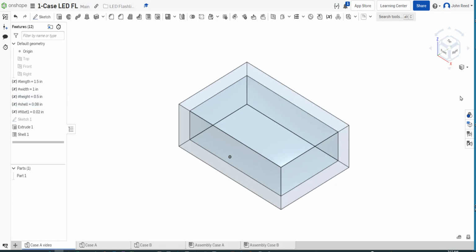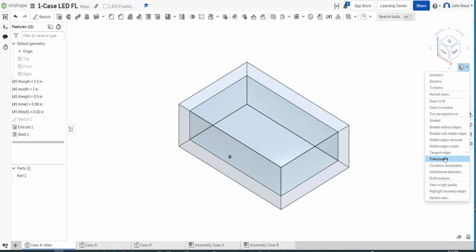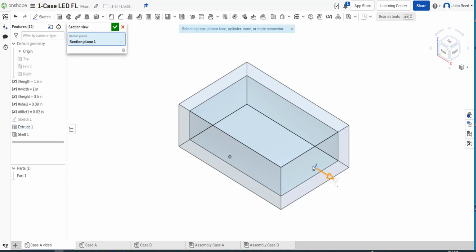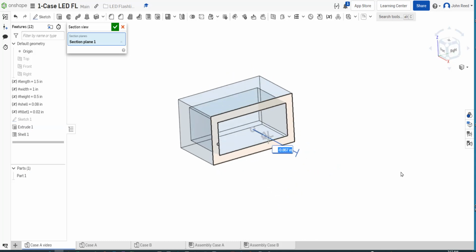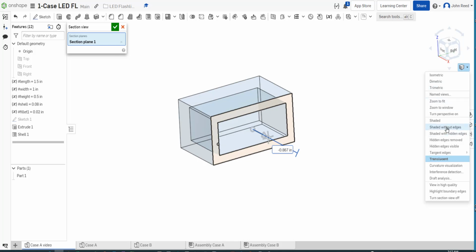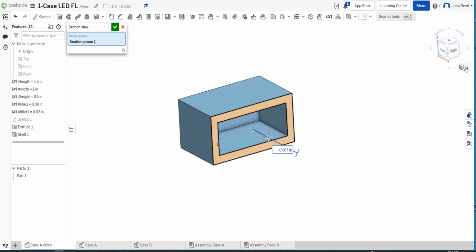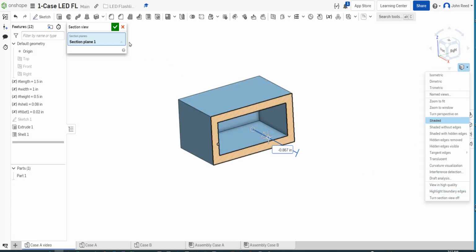Let's split it. Also, we can use the section view actually to check that. So if I click here and pull in, you can see that I've shelled it using the section view. That's a pretty slick tool. So we'll go back to shaded here. We'll turn off the section view,